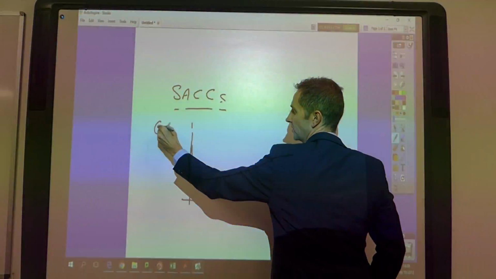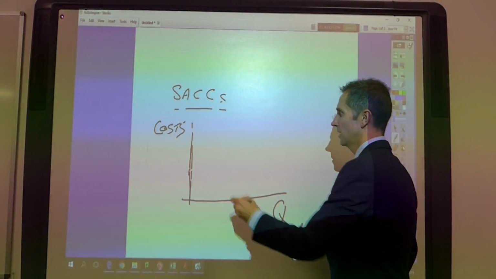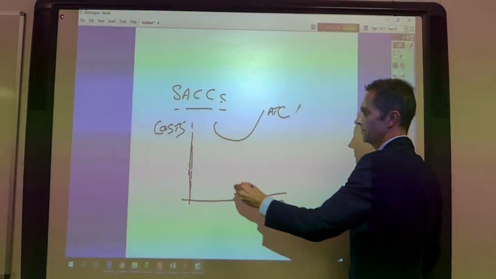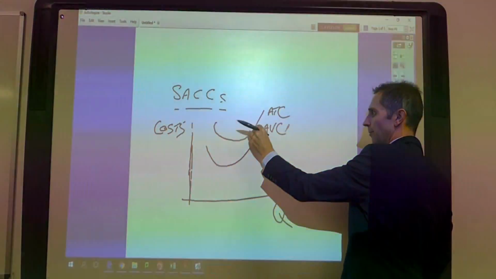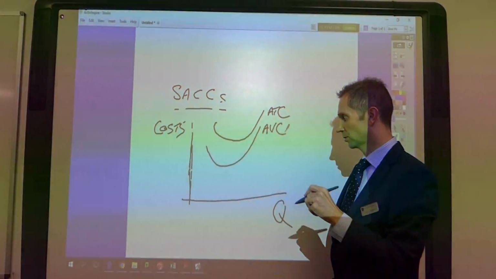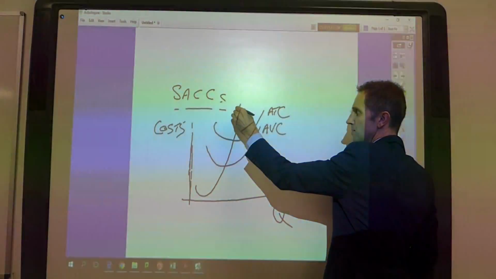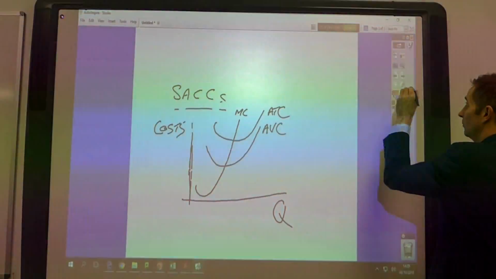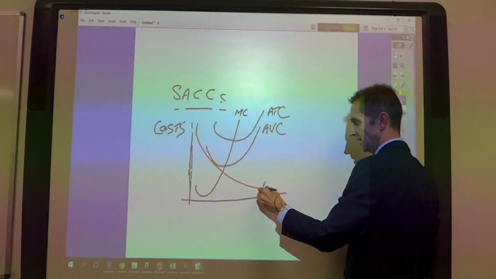So we've got costs and output. And the short-run average cost curves are, as you know, ATC, AVC, gap between them narrowing for reasons which we'll not go into at this time, marginal cost going through the minimum point of ATC and AVC, and then the one that we're really interested in is, of course, the AFC,